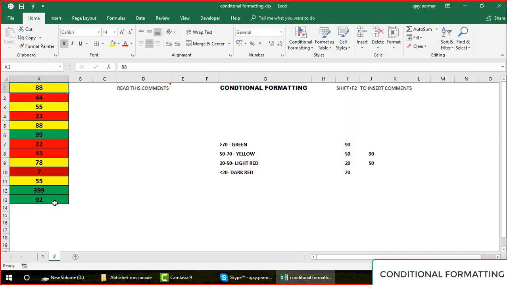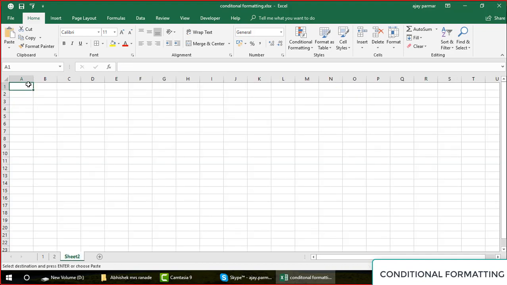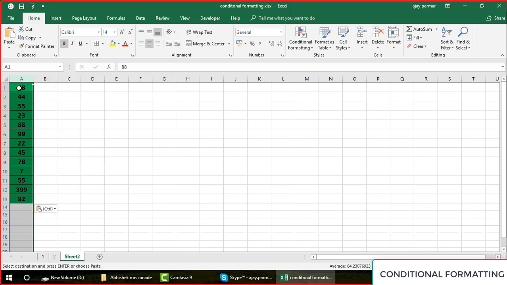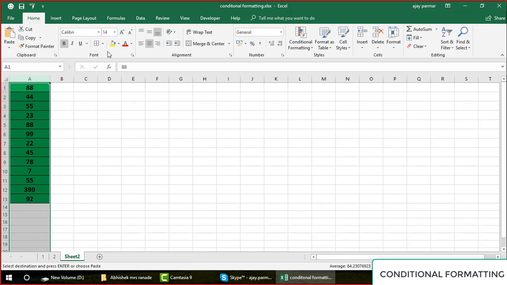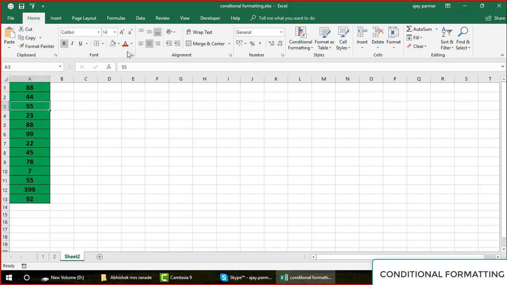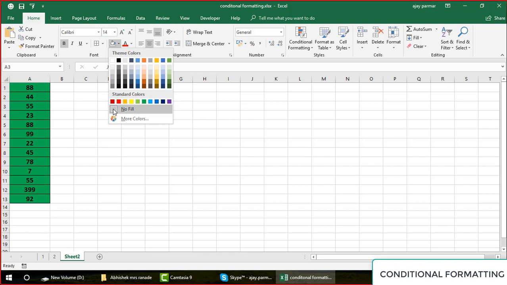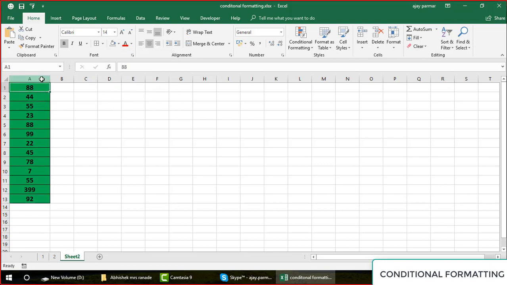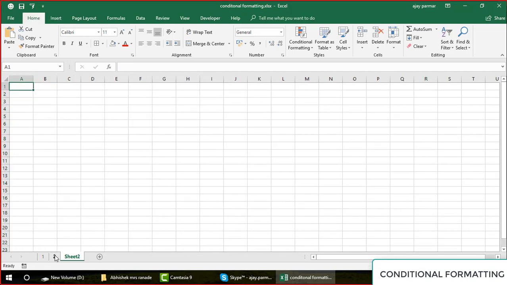I go and select this cell, I copy this, and I go and paste this here, right? So I pasted this value here, and I say no fill. It's not going, guys. No fill. Does that mean that I have to create this value? I have to write all these values again? It is not that. If you know the paste value option, good.